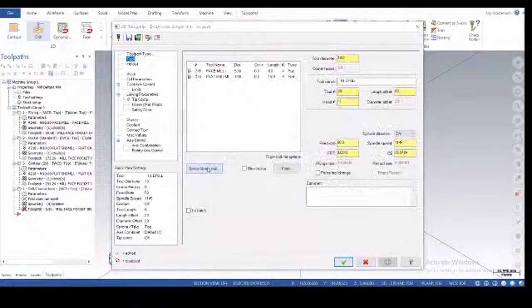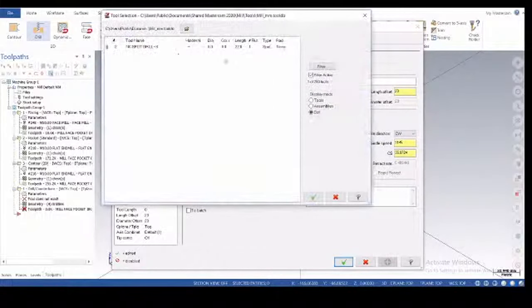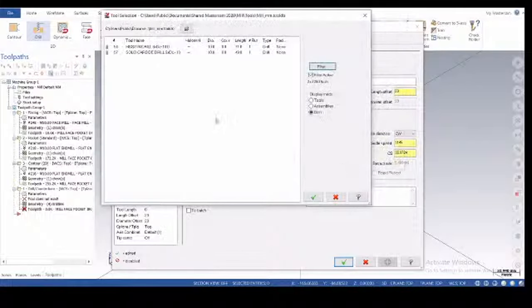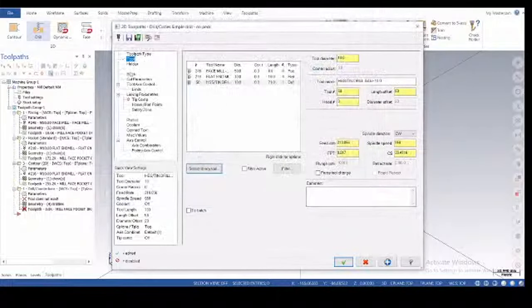Go for the tool as per your diameter. If there is any availability, then it will be easily identified. You will get a lot of types of tool, and this is our drill. Okay, 10 diameter, that is the availability of the 10 diameter drill tool.